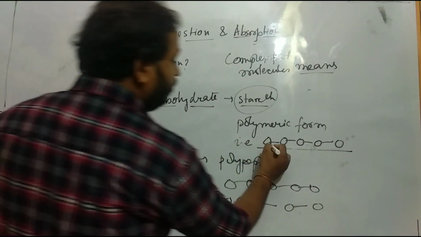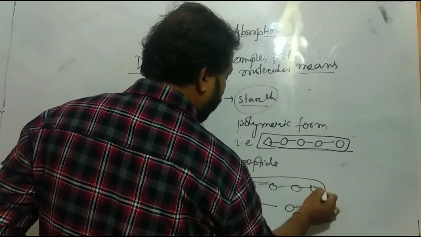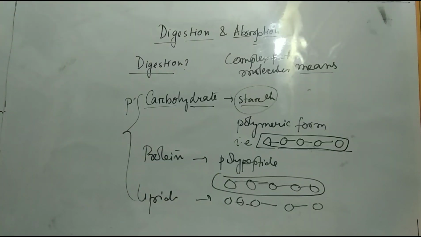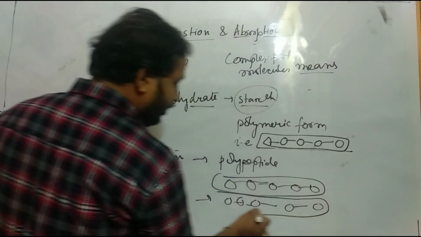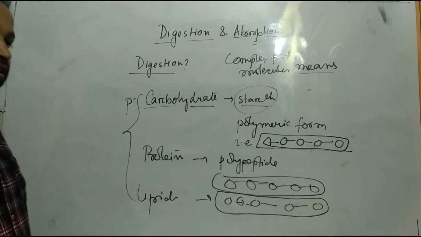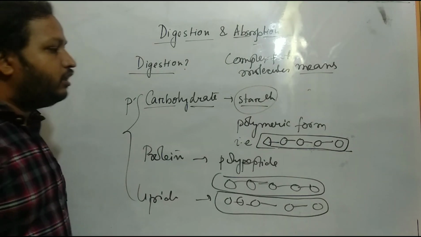These large molecules are not absorbed by our body in this form. So digestion is a process by which these large molecules are broken down chemically as well as mechanically into